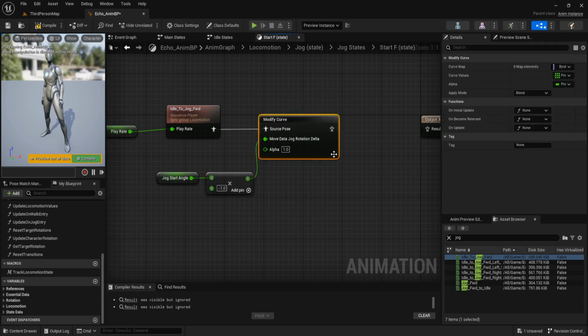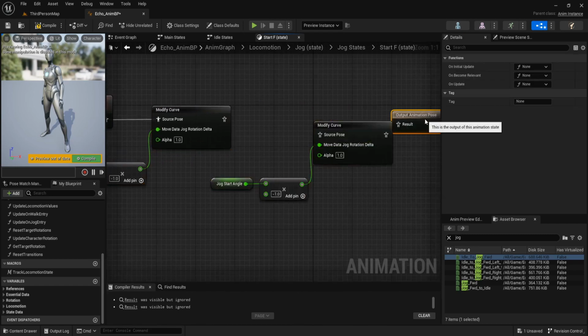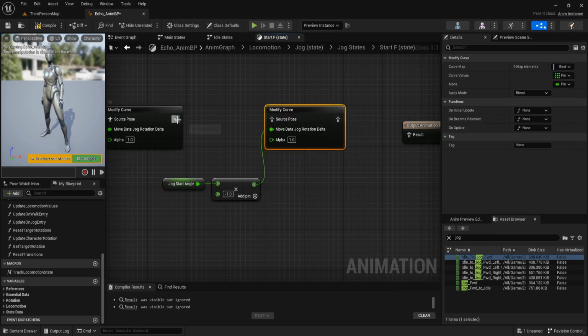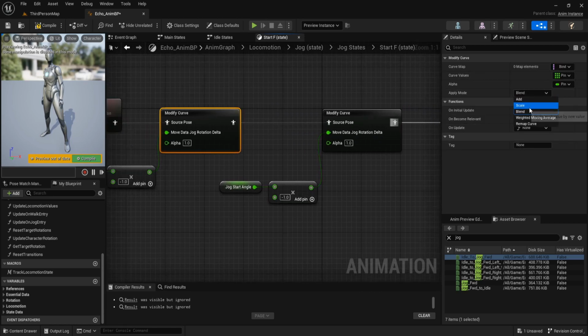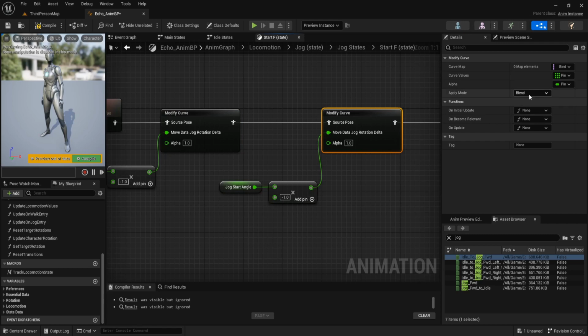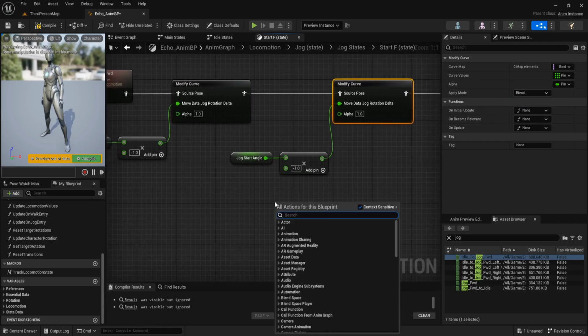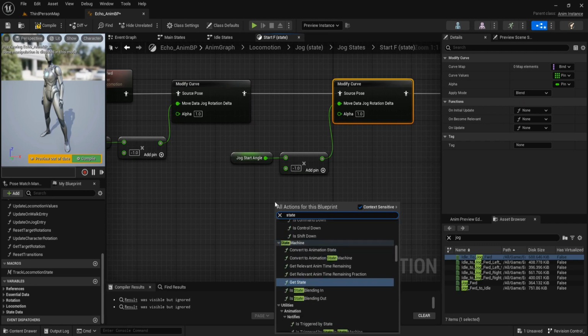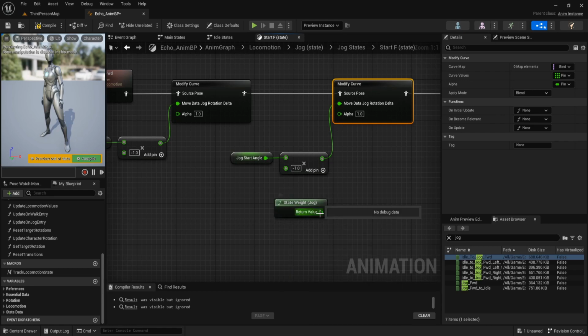And this modify curve, we copy it. Connect to output. And set this one to scale. And this modify curve to blend. For state weight jog. And connect to this alpha.